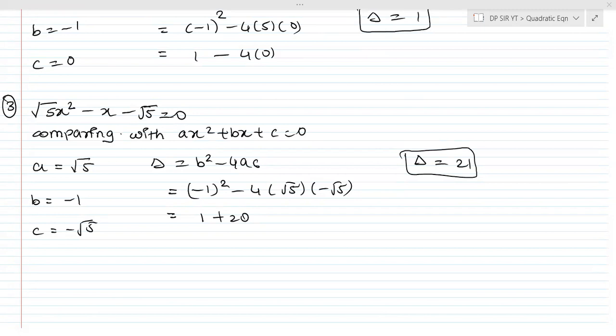Fourth question is, if one of the roots of the quadratic equation 2x square plus kx minus 2 is equal to 0 is minus 2, then find the value of k. Simple question it is. One you all can solve. I have full confidence in you all. So please try it. In the meanwhile, I will solve it for you.